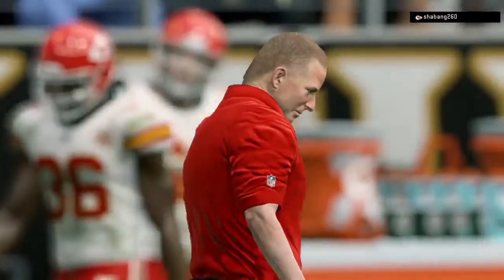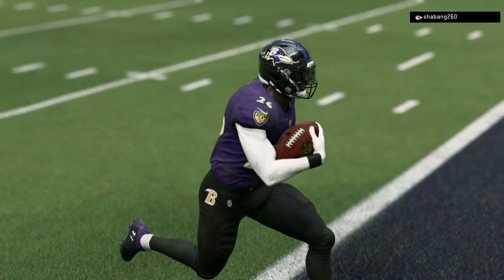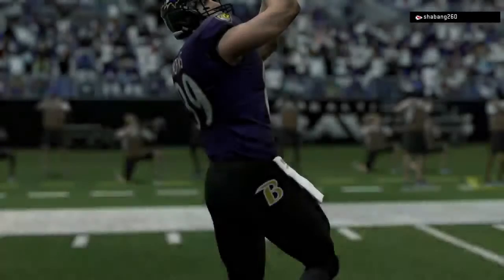So the final seconds tick away in this Baltimore victory, and they were really helped by their defense, forcing 3 turnovers. I think what we saw in this one, today's defense. And what I mean by that is in the old days,